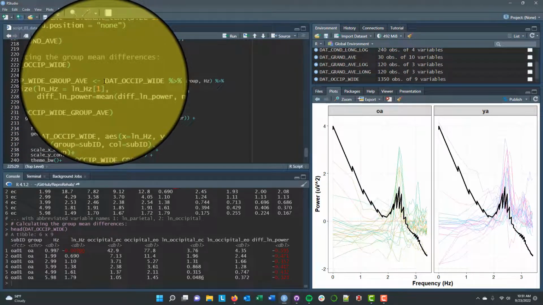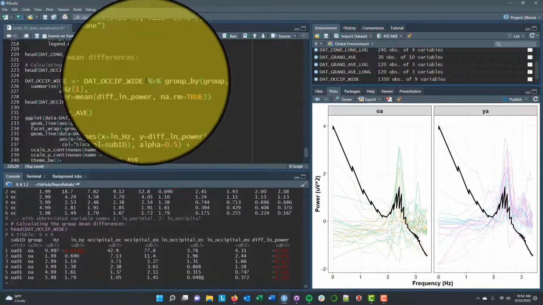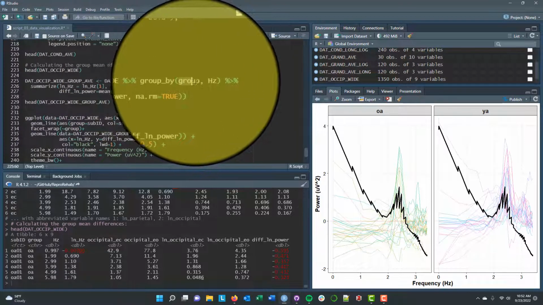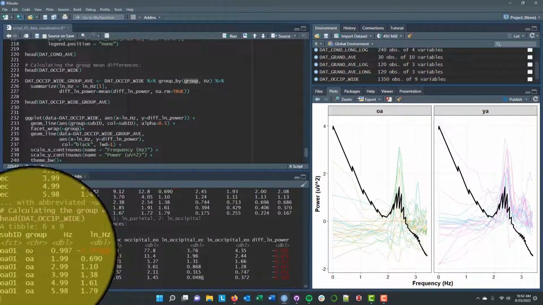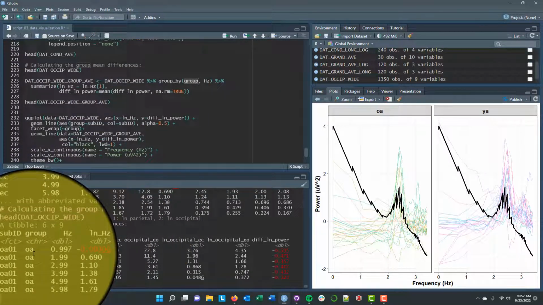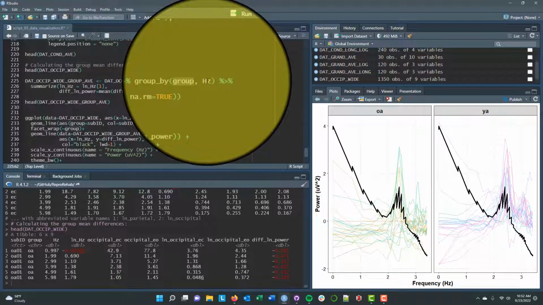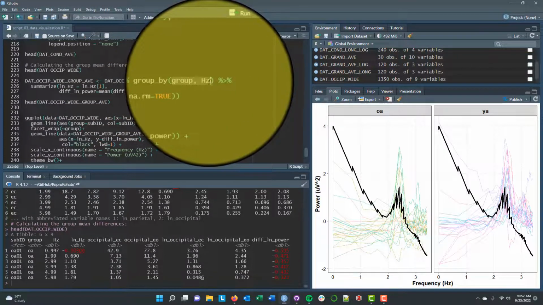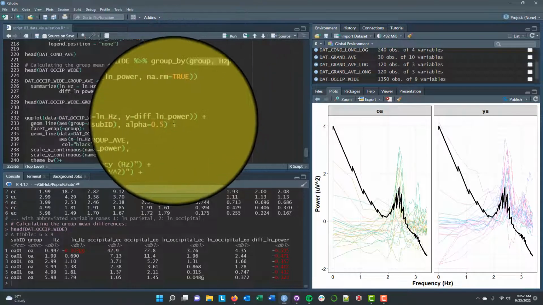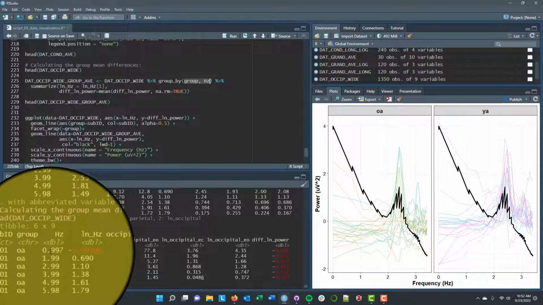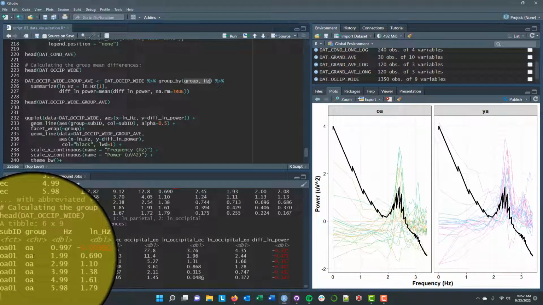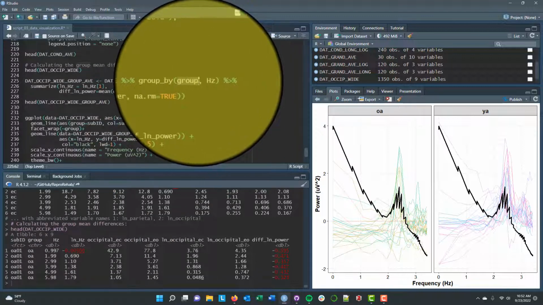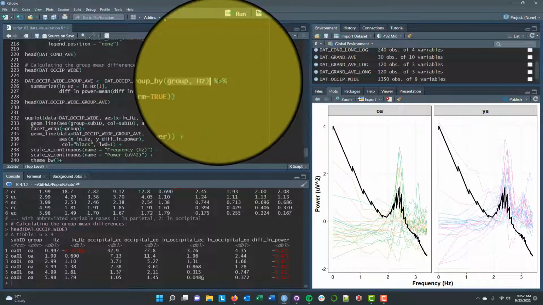And I'm going to take my wide format occipital data, and pass it through a pipe into the group_by function, where I'm going to group it by group, right? So I want the older adults to be one group and the younger adults to be one group, and hertz, because what I would like to do is average across people to get the average difference for the older adults at 1 hertz and the average difference for the older adults at 2 hertz. So I'm going to group it by both age group and hertz, and then I'm going to pass that into